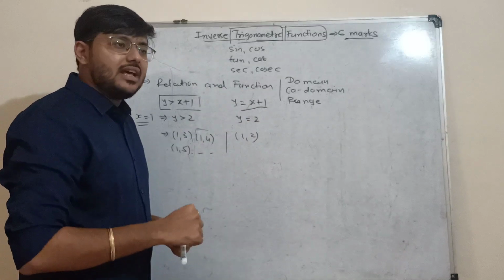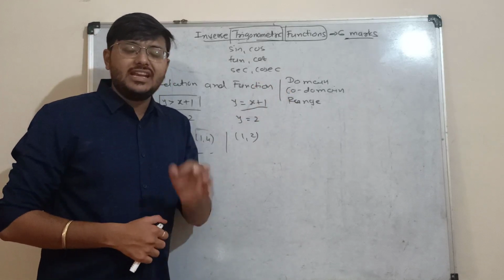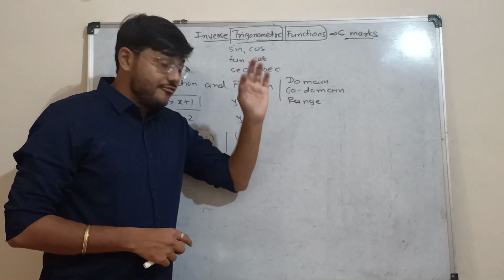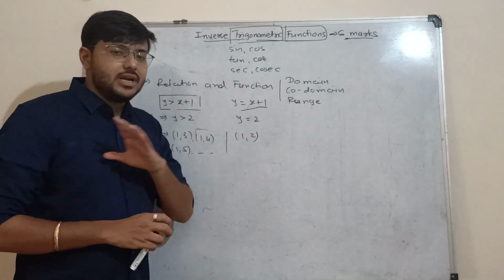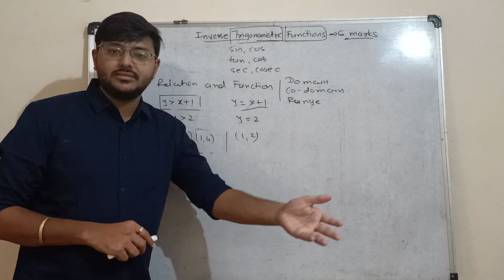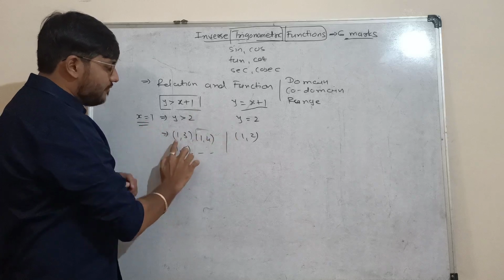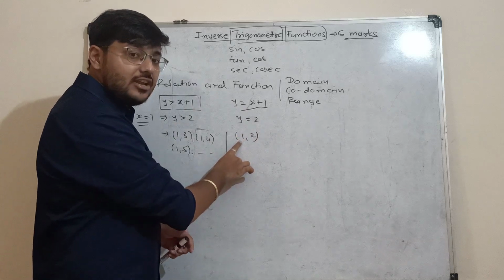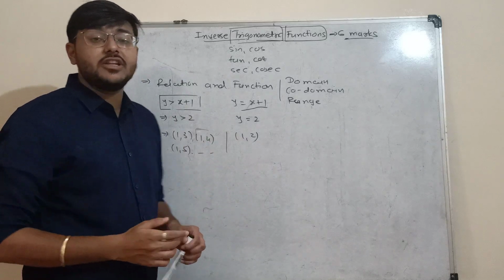Whereas for a single value of x, if you get only one answer, then this condition can be known as a function, right? There are also some rules based on domain and codomain, that for a function we need to get an answer for each and every value of the domain, right? And every answer must belong to the codomain. Whereas in relation there is no condition on the domain. It's not necessary that for every value of the domain you will get an answer, right? So there are some rules also, but the basic idea about relation and function is this, that for a single value of the domain you will get more than one answer in a relation, whereas in a function for a single value you will get a single answer.